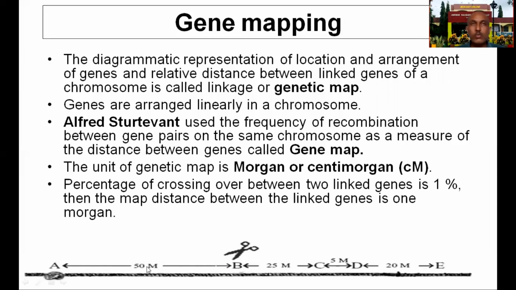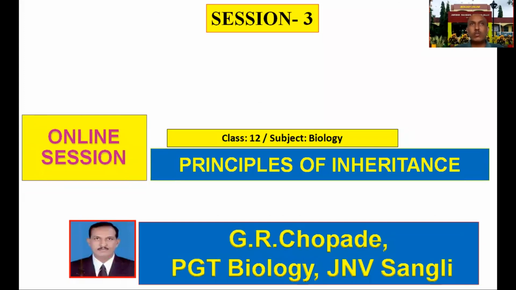यहाँ पे देखो, अभी A और B के बीच में 50 मॉर्गन, B और C के बीच में 25 मॉर्गन, C और D के बीच में 5 मॉर्गन और D और E के बीच में 20 मॉर्गन। तो which genes are linked here? बता सकते हैं सबसे लिंक्ड कौन है? C और D। उसके बाद D और E। C और E नहीं, C और B भी नहीं, वो बाद में आएंगे। और A और E के बीच में तो देखो ये ऐड करो, व्हाट इज द डिस्टेंस? 50 + 25 + 5 + 20, सो दैट इज द जेनेटिक मैप बिटवीन A एंड E। तो ज्यादा चांसेस है क्रॉसिंग ओवर होने का, ज्यादा रिकॉम्बिनेशन मिलेगा कंपेयर टू C और D।